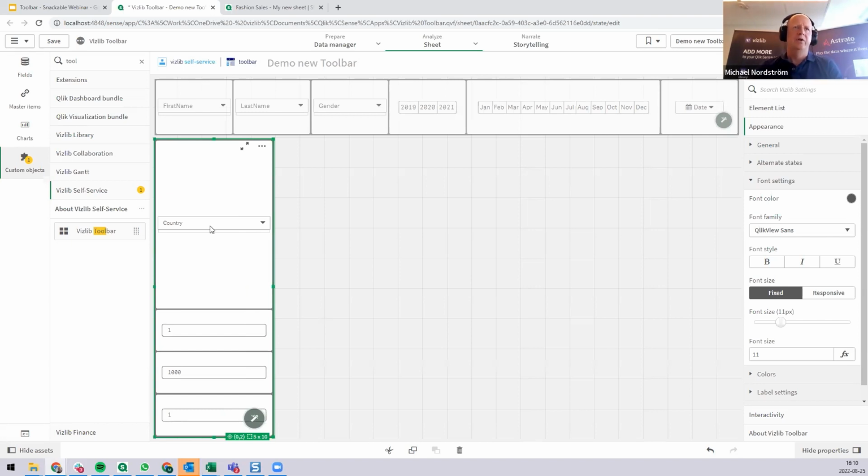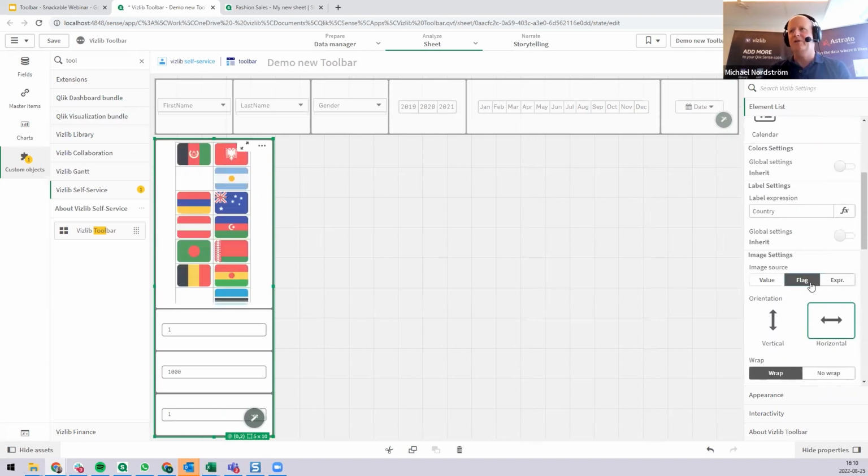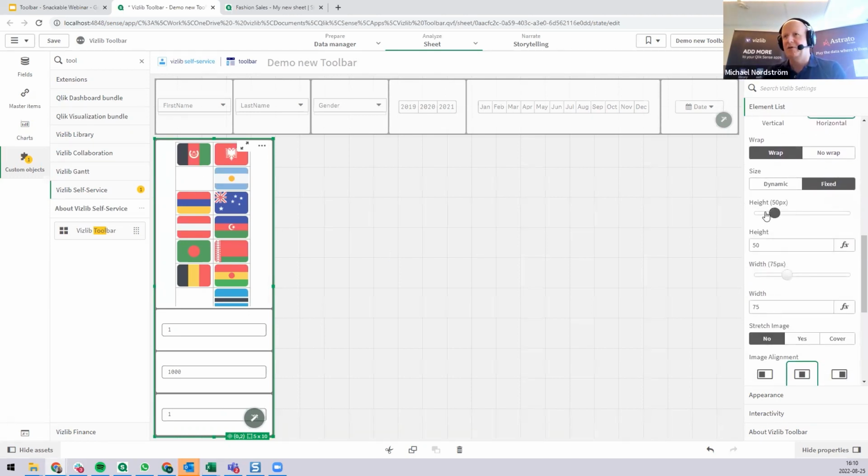So first we have the country dropdown, and we don't want this to be a dropdown. We actually want this to be an image. And if we click on flag, it will automatically detect this as a flag since it has the country code. So really good one, means that we can do that. You can, of course, insert any image here. So any link will display as an image, but we decided that we want to do this one as a flag. So we're just going to make it a little bit smaller